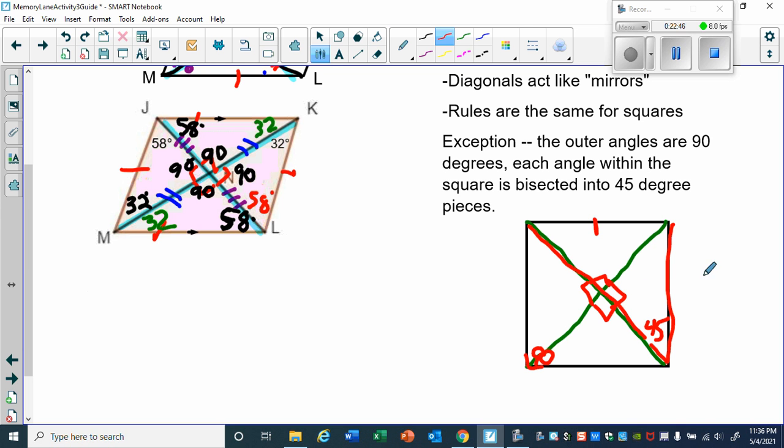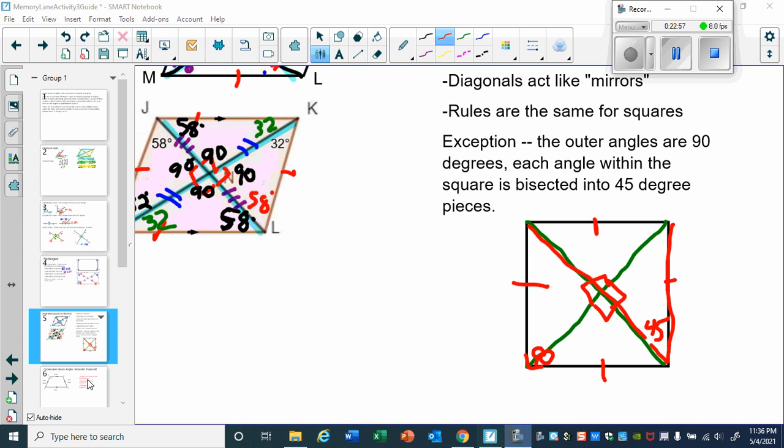But now in the square, just like the rectangle, all the other sides are congruent. But unlike the rectangle, here your diagonals meet and form four right angles. Last but not least,